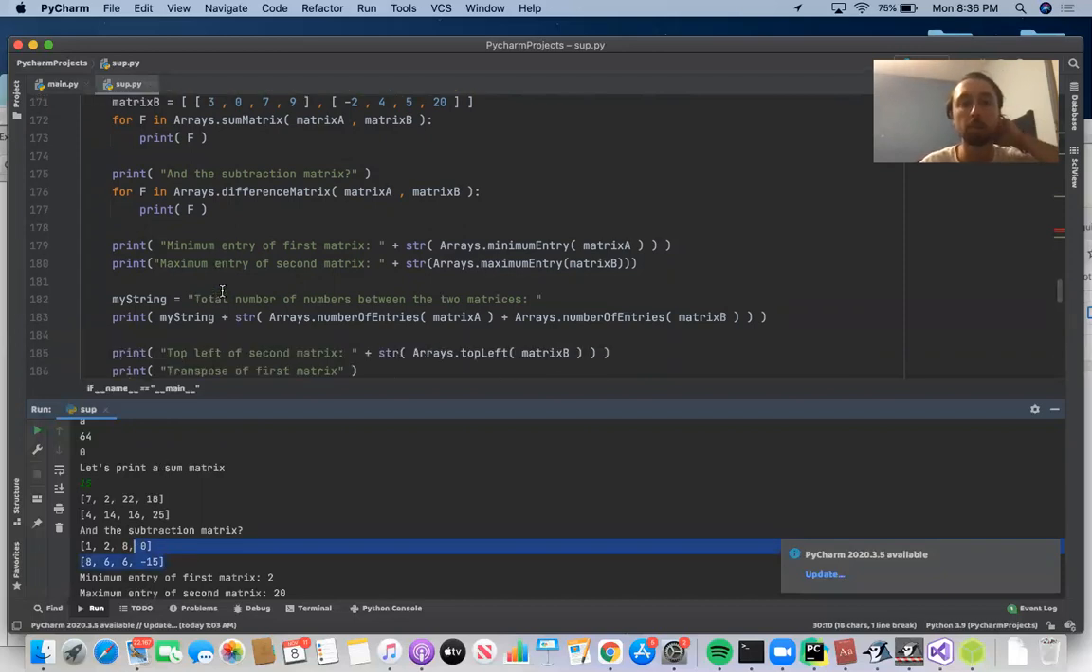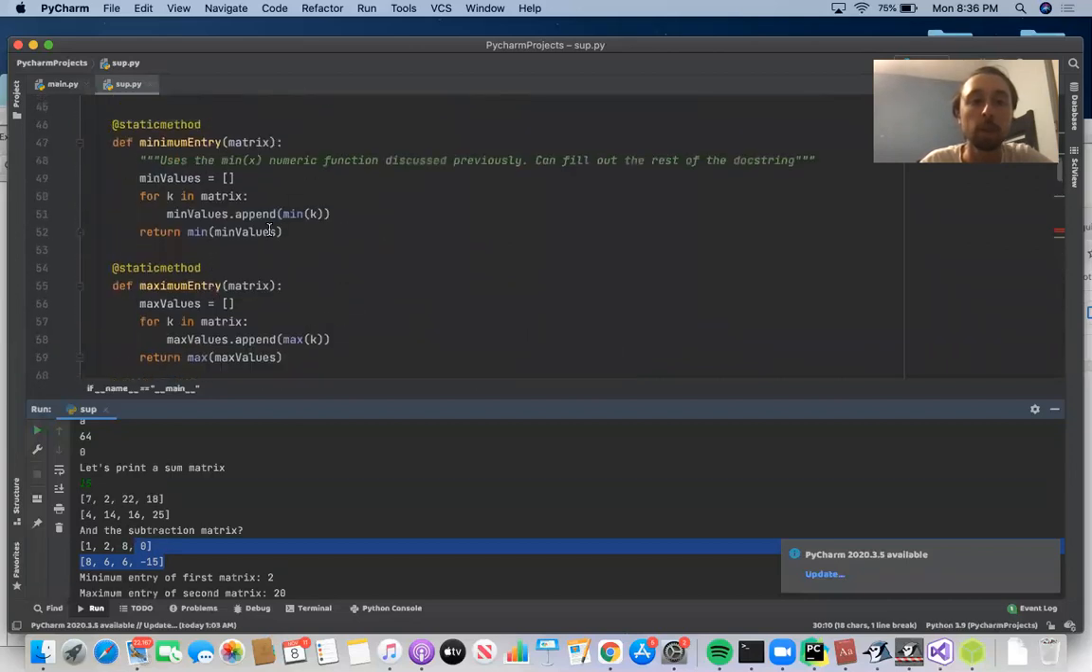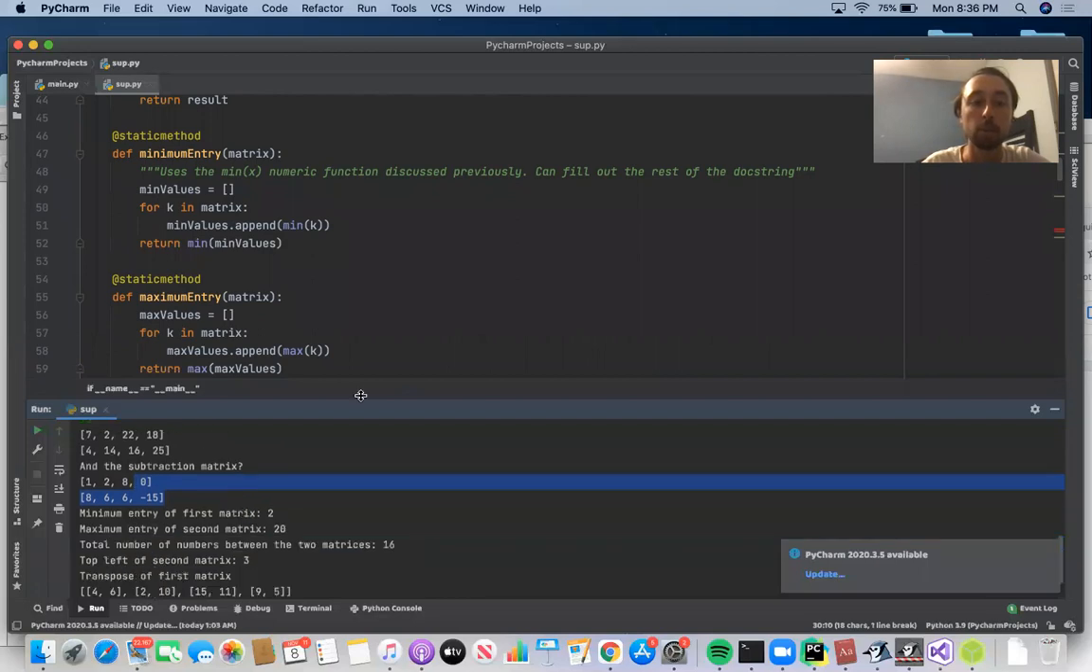And then we could also have the minimum or maximum element in the particular list, right? So what if we say uses the min of x numeric function discussed previously, and so we could say min values equals an empty list. What if we wanted to find the minimum element in the rectangular matrix? So we could say for k in matrix, min values dot append of min of k. So that would basically go ahead and add the minimum element in each of the rows to this min values list. And then we would just want the minimum within those minimums, right? So you would just say return min of min values,